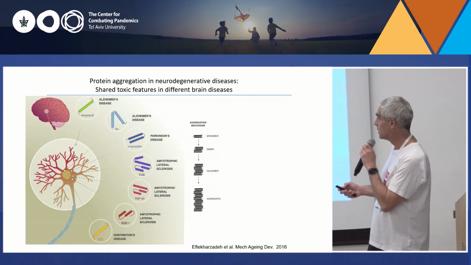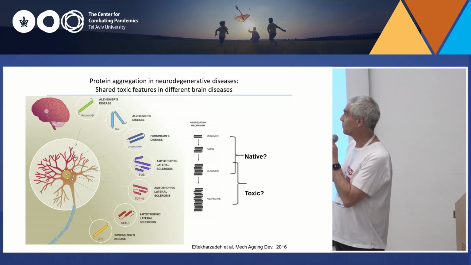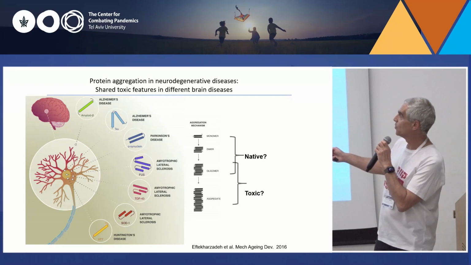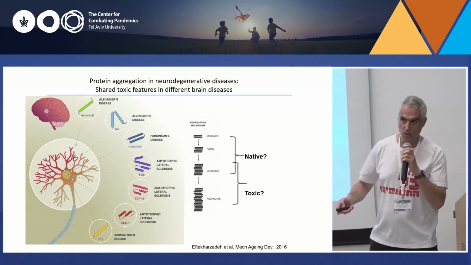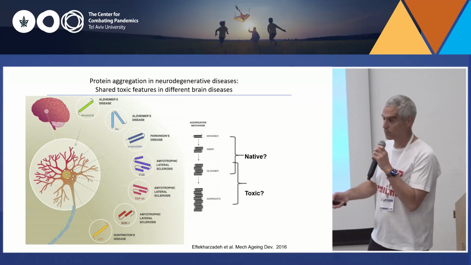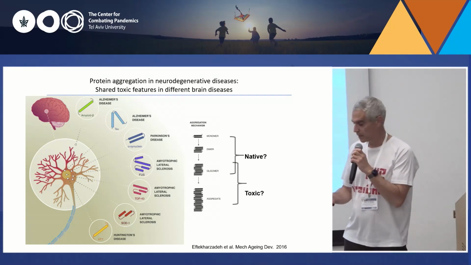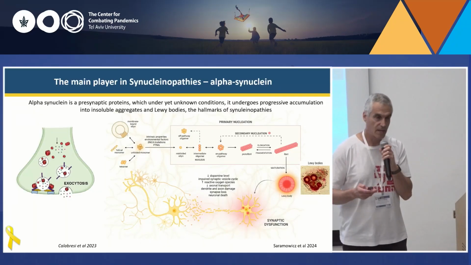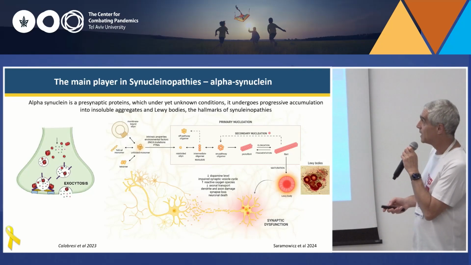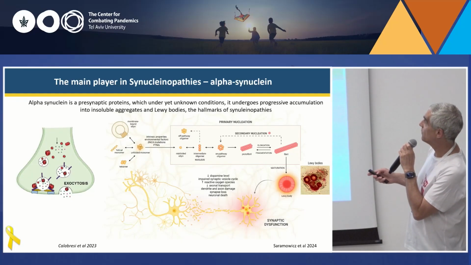And what we don't know at the moment in many of the diseases is which one is the toxic one. We know that this is the physiological functional monomer. It sometimes works as a dimer or tetramer, but we don't know where the toxic function starts. And it's different for different types of diseases. So I'm going to speak about synucleinopathies. And for that, let me just explain what synucleinopathies are, and I'll just mention a few diseases. In all cases of synucleinopathies, we have a protein, which is called alpha-synuclein.